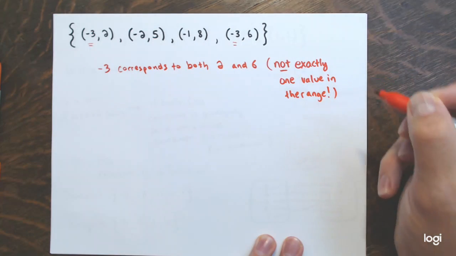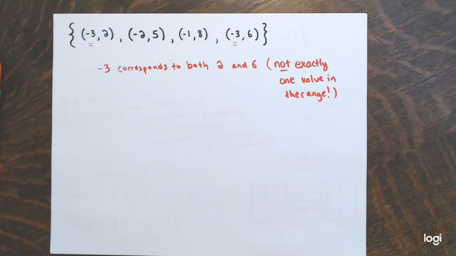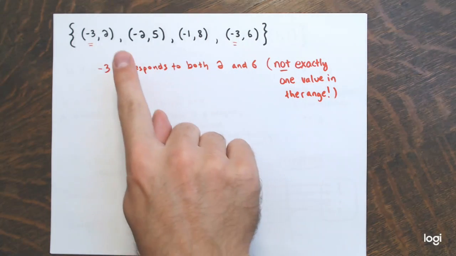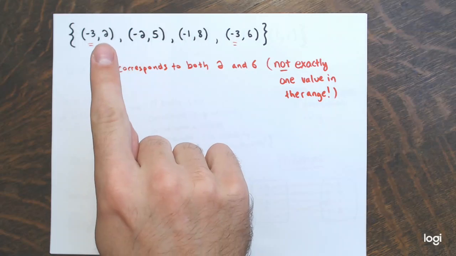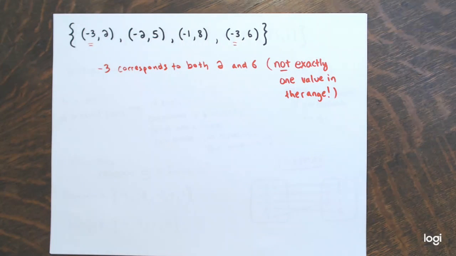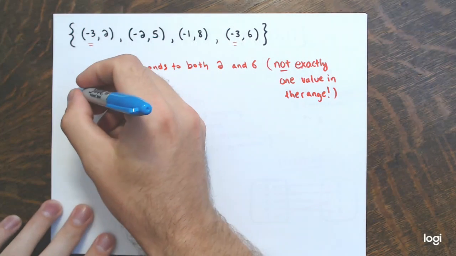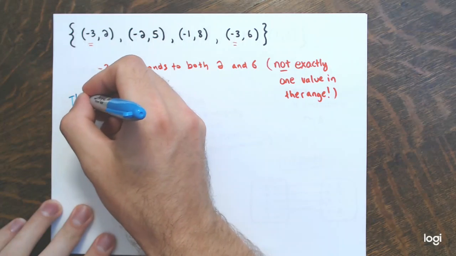And that is a problem. So remember the definition of a function. Every value in the domain corresponds to exactly 1 value in the range. That is not happening here. I am seeing a repeat of the first coordinate where the second coordinates are different. So this is not a function. Right? So this relation